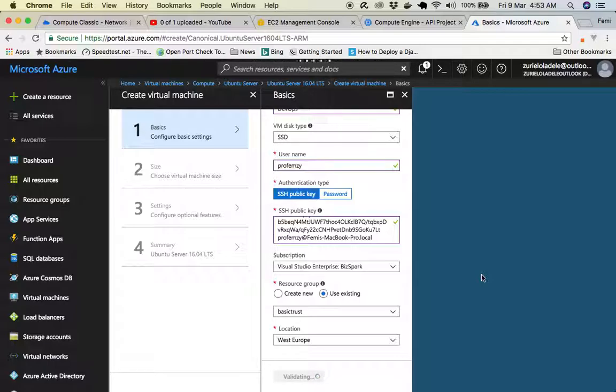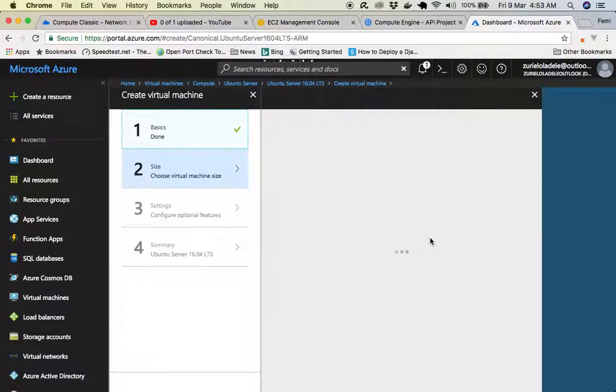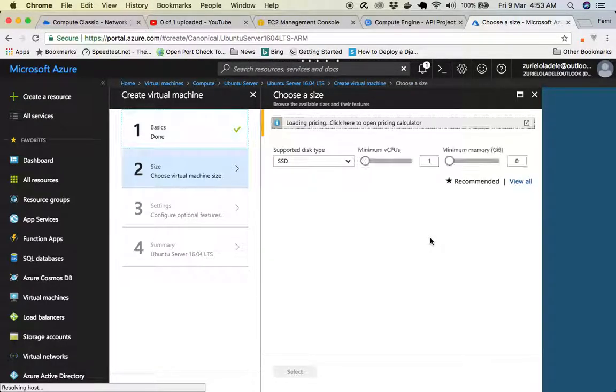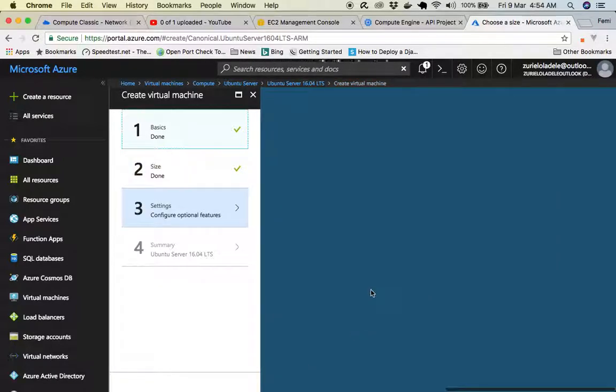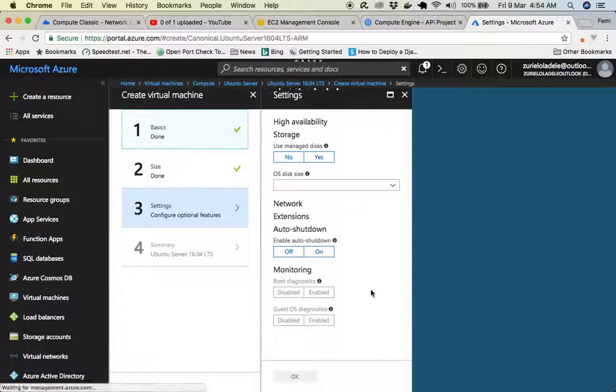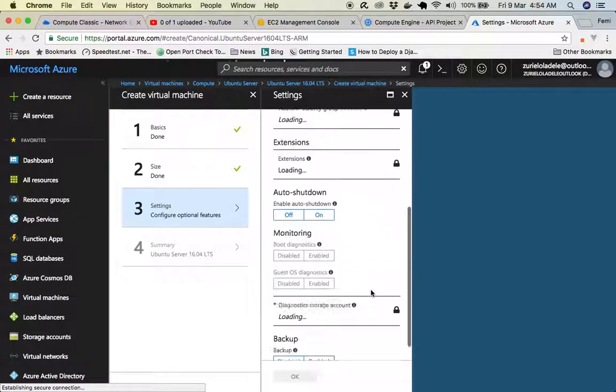The process takes a few minutes, so we'll just look at how we can go about that. So you actually have the option of choosing your server configuration, but I'll just stick with the minimal to reduce the cost that I would incur. So this is an 8 gig drive and 16 gig SSD, 2 virtual CPUs. So I'll just select that, and then I would go ahead and